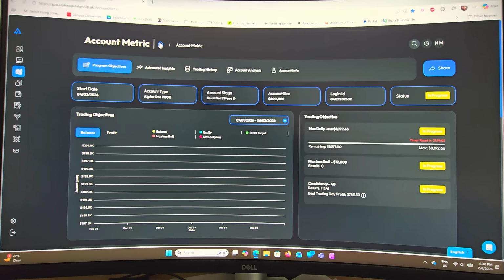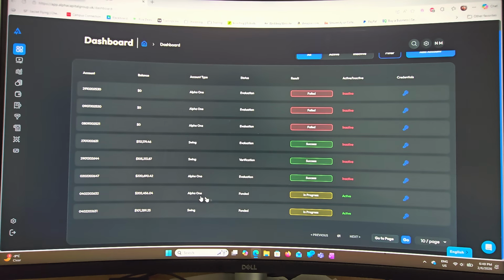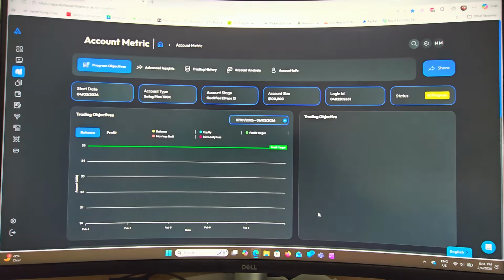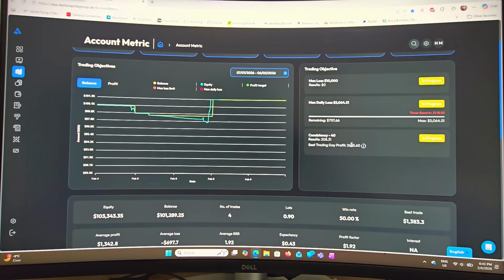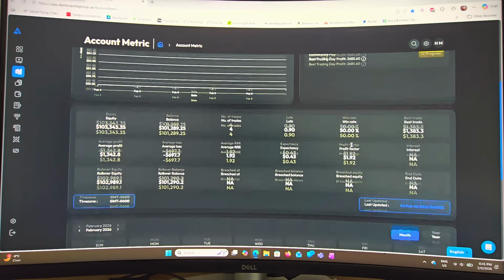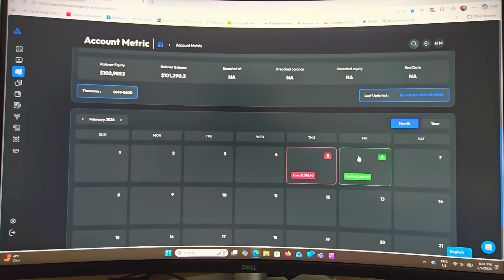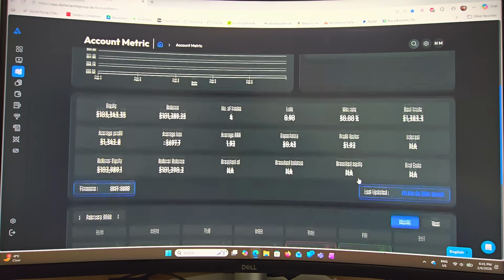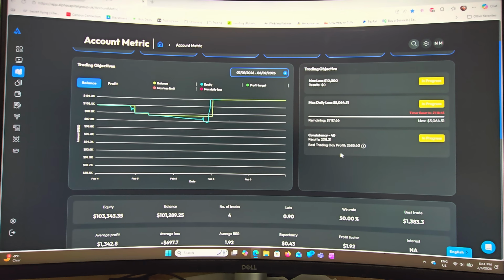And also for the swing account 100K, the best day is 2,600. We're currently $2,000 in profits right now. And we might get it, and its profit target is 5,000 too, if I'm not mistaken, or 4,000 something. And so this would automatically get changed to, and if the best day gets changed to $5,000, that will mean